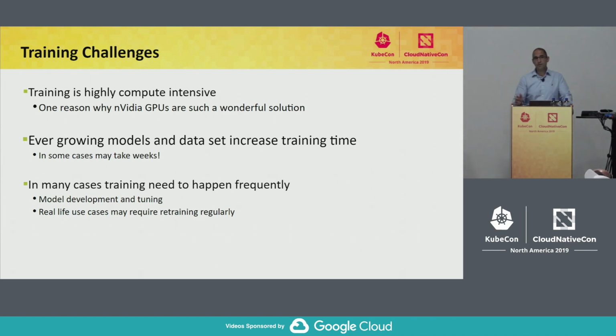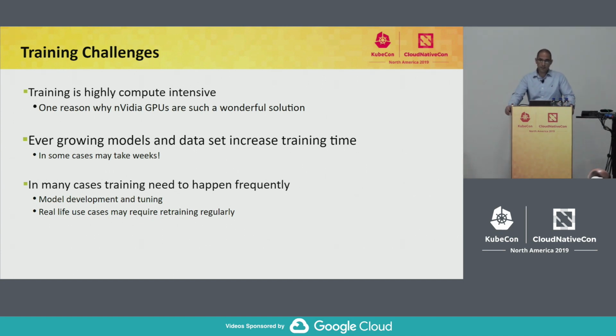It's challenging because a week is a long time, but also we need to train quite often. There are two reasons why we need to train often. One is because developing a model is not a linear process like writing C code or any other language you're used to. You write the model, you train it, you see how it behaves, you change it, and then you train it again, and you go on and on. Now, if you do that and it takes you a week between training runs, that's very inefficient.